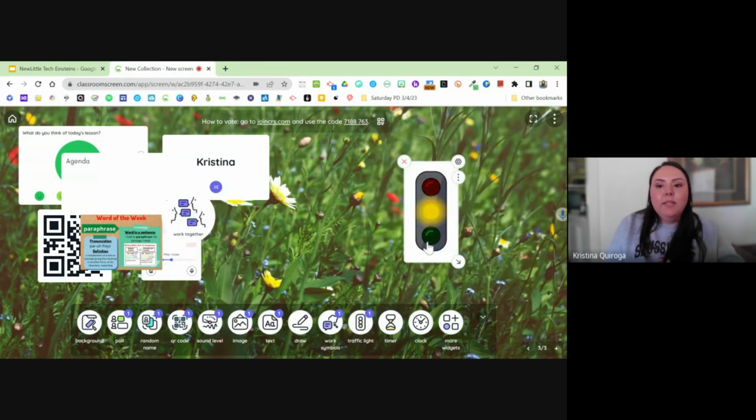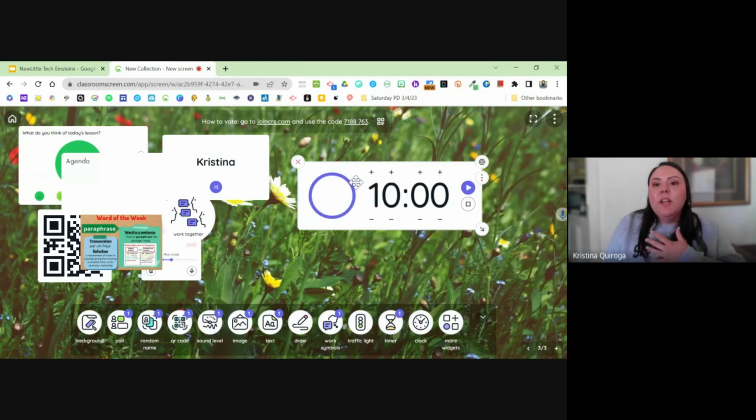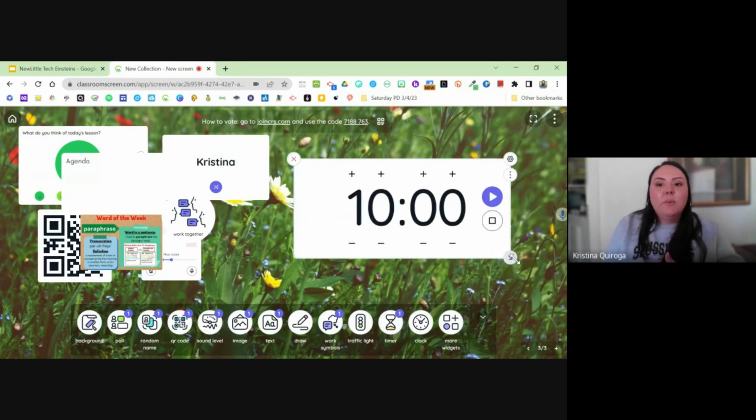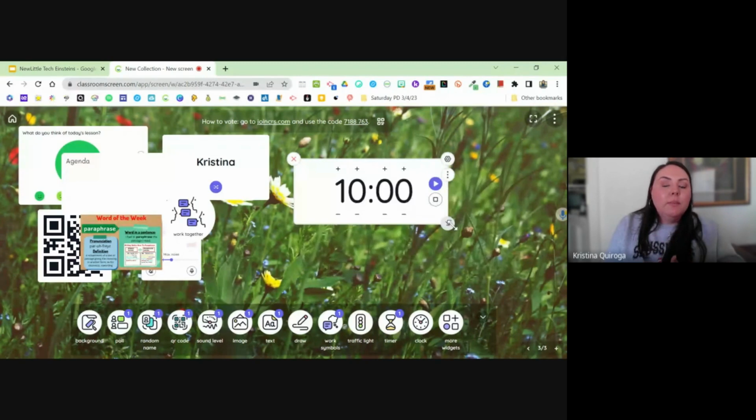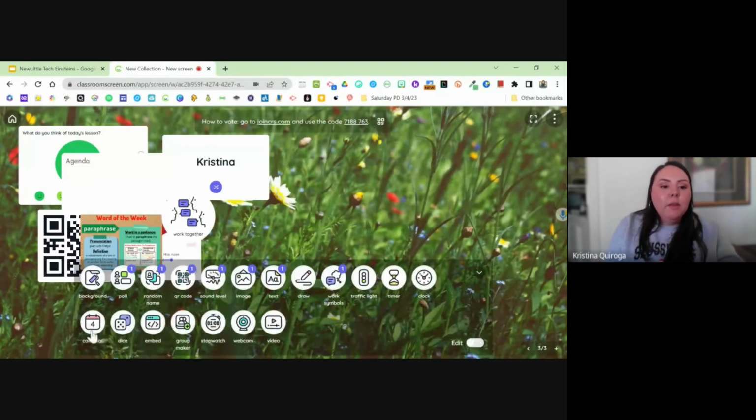Traffic light, you can use that to check for understanding or as another classroom management tool. Then the timer, which we often use in class. So we have a built-in timer. This website has a built-in timer for you as well. And then a few more other widgets is a calendar, a dice, but the one that I found pretty interesting